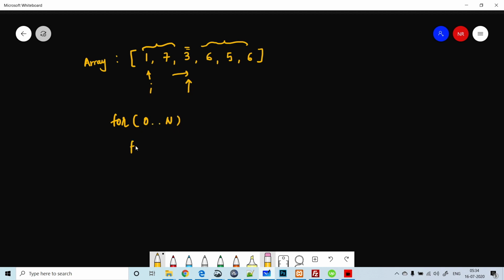Okay, and second loop, you will again go from 0 to, let's say, somewhere I, and the other one you will go from I plus 1 to n, and then you will see whatever sum you are getting, and then you will return the result. So if you see here, ultimately we are taking it two times, two different loops, so it is always going to be O(n square) to get your pivot index.